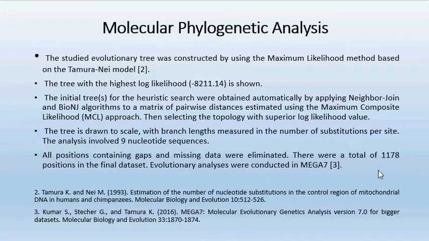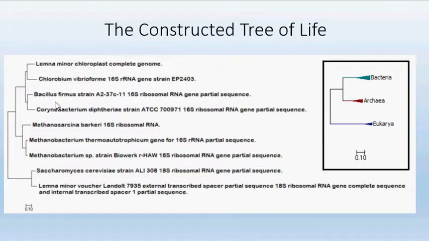So let's go to this very interesting result. Here on the top, we see the organisms from the bacteria domain. They are all more closely related to each other, and we see here another branch of the tree that corresponds to organisms of another domain of life, Archaea, and these two organisms are Eukarya. You see from this tree, constructed with this method, that bacteria and Archaea are more closely related than Eukarya, and